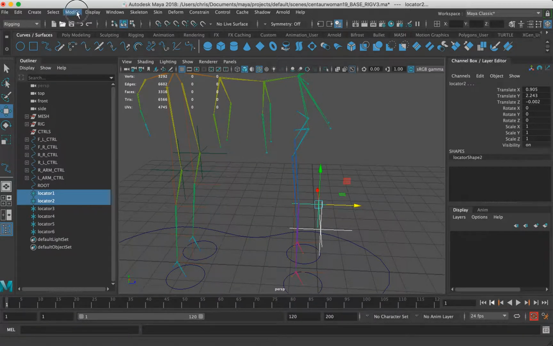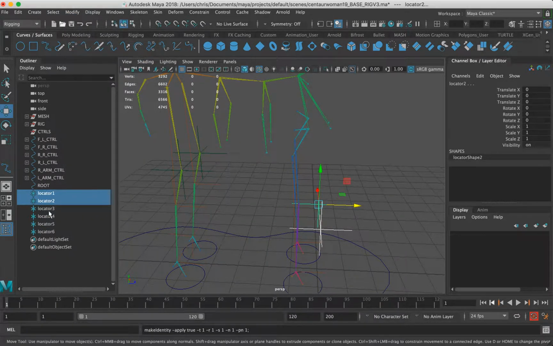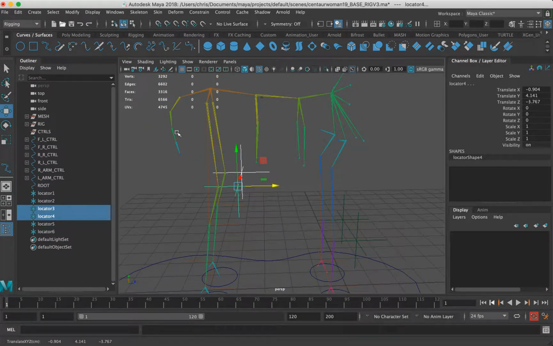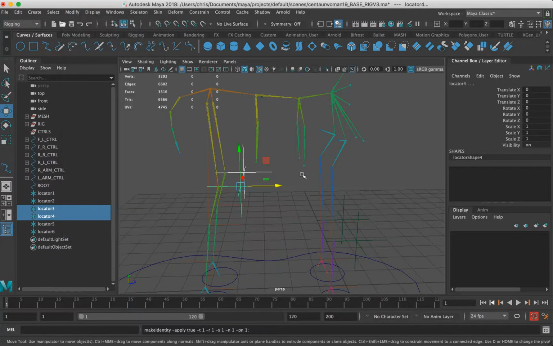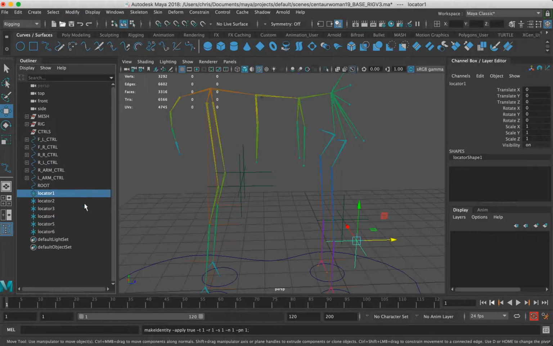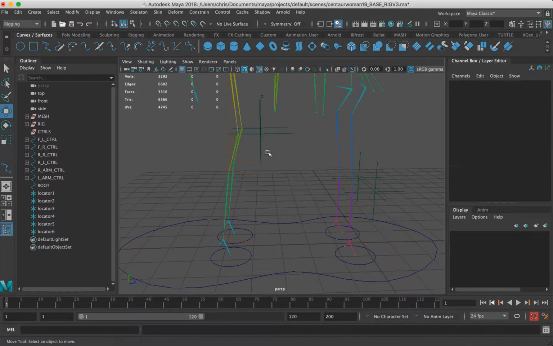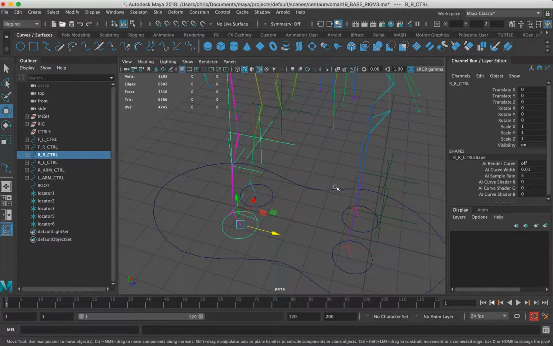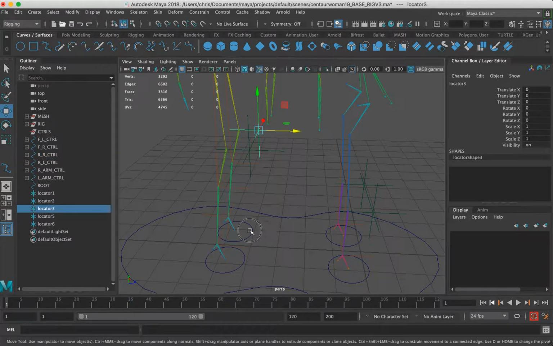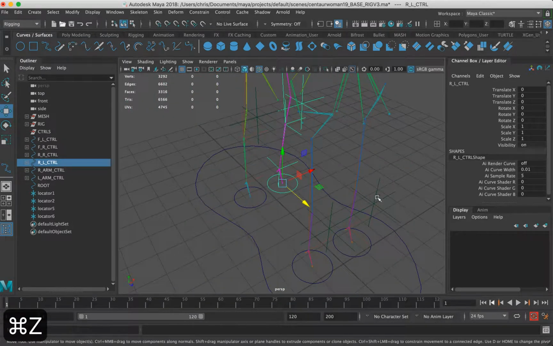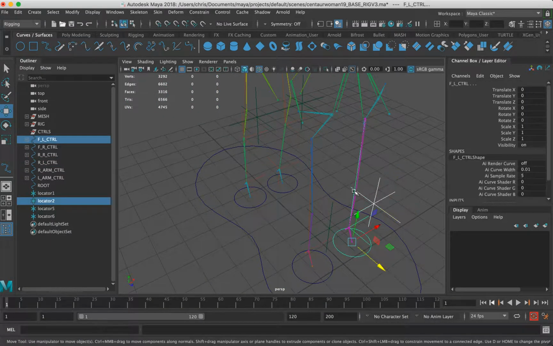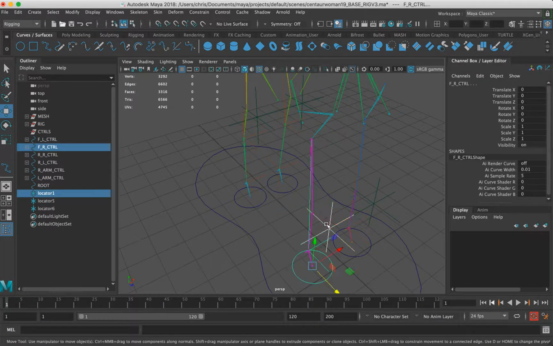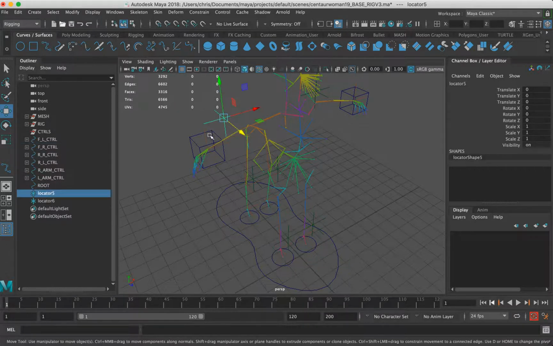So basically, these locators are going to be used to correct any weird rotational offsets. We're going to select both of these two. Select this one, parent it to this leg here. So you can see there, we'll select this, and we've got this full leg setup. Hit Command P over this full leg setup. Select this leg, this full leg setup, select this, P, full leg setup. Select this arm locator, Command P,